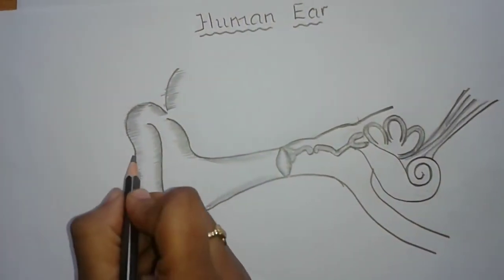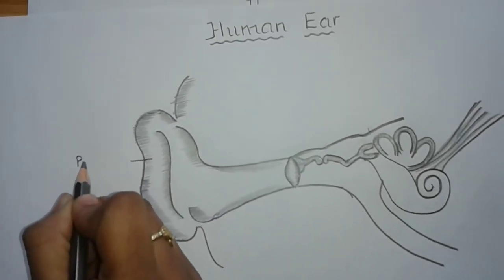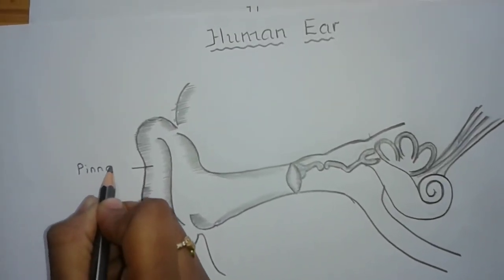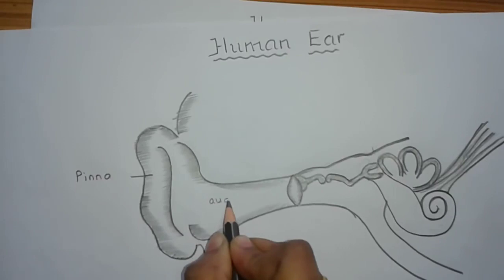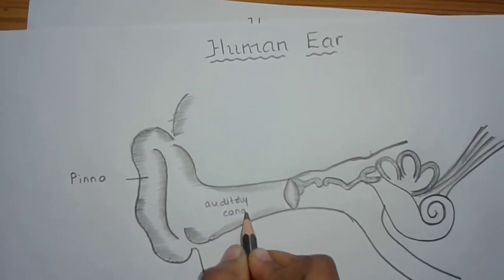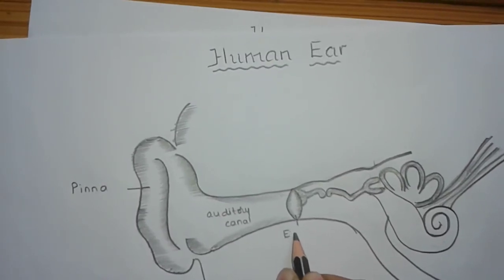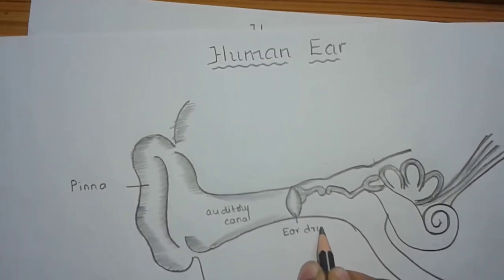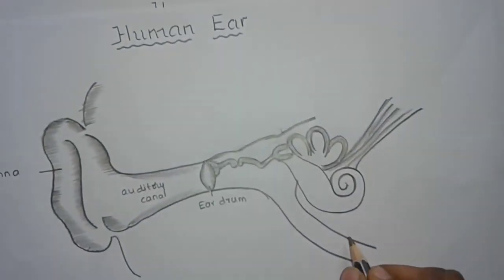Now let us label the parts. This is the pinna, auditory canal, eardrum or tympanum. This is the eustachian tube,